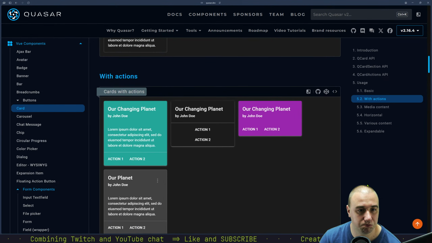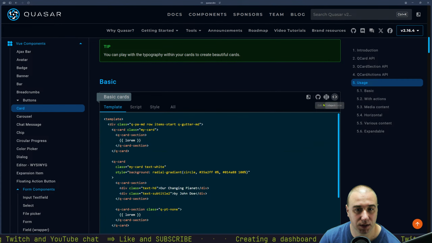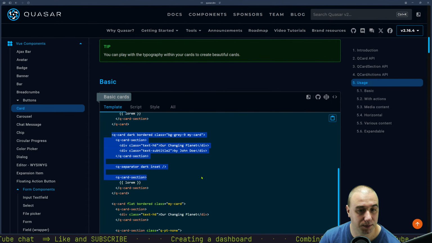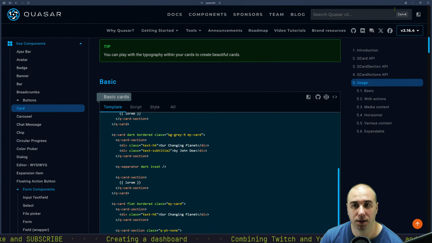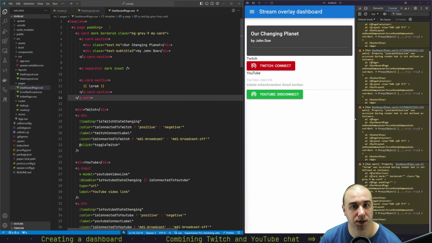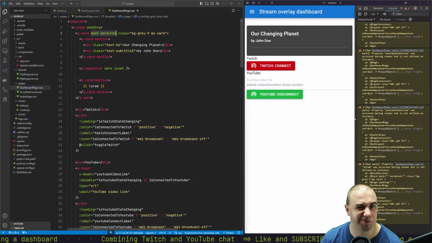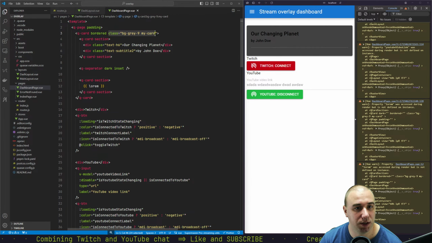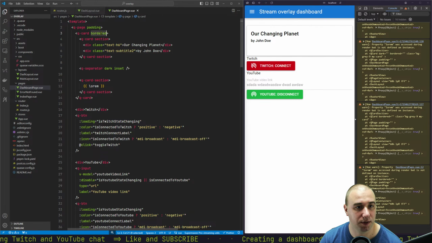So let's just start with a simple card, okay? The third one. 1, 2, and we have 3 here. So let's add a card and let's see what it looks like. Okay. Dark, we don't care. Bordered. Let's get rid of dark. What's going on here? We don't need those classes here. Okay. And bordered is